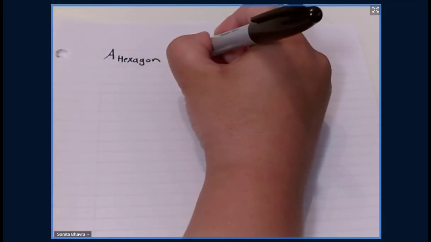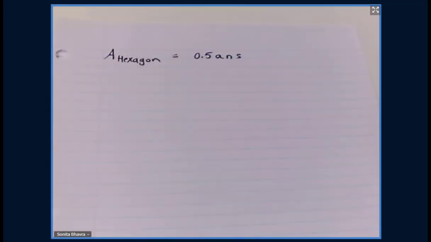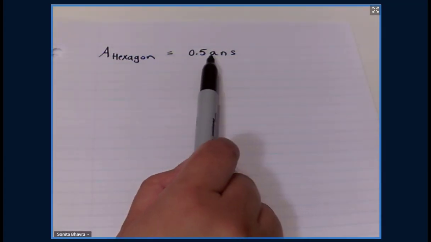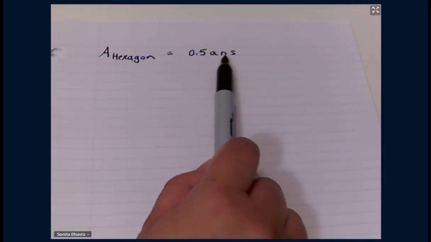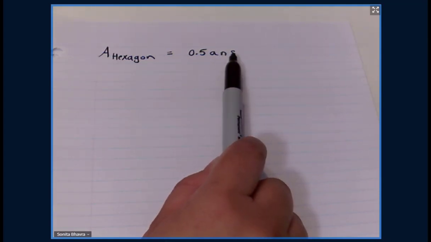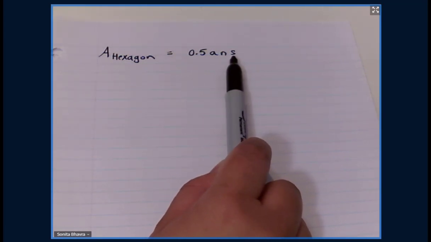So area of the hexagon, and our formula for that is 0.5 ANS. All right, so recall from our formulas that the A here represents altitude or height, N represents number of sides, and then S represents the measurement of that side. All right, so using everything we know from this figure,